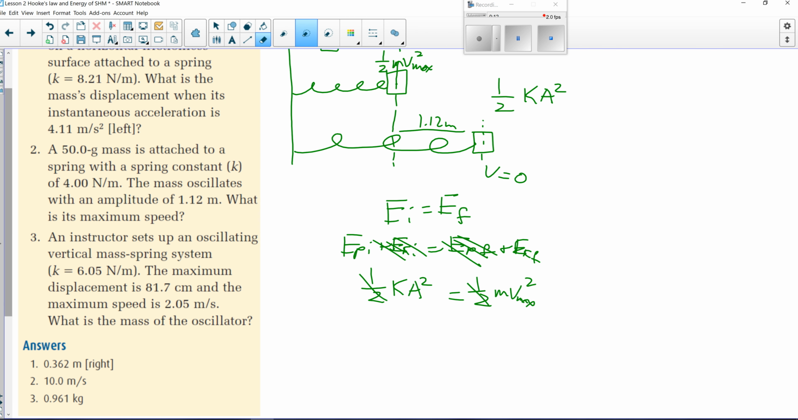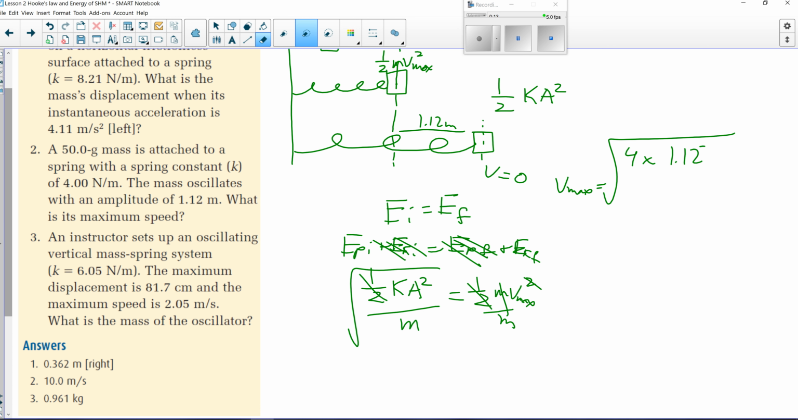The halves are going to cancel when I move them over, and then I'm going to divide both sides by m, and then I'll square root. So what I'll be left with is that the maximum speed is the square root of k, which was 4 newtons per meter, the spring constant, sorry, times the displacement, 1.12 meters, that's right here, squared, divided by the mass, which is